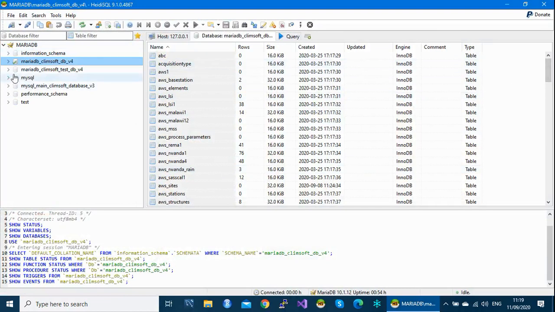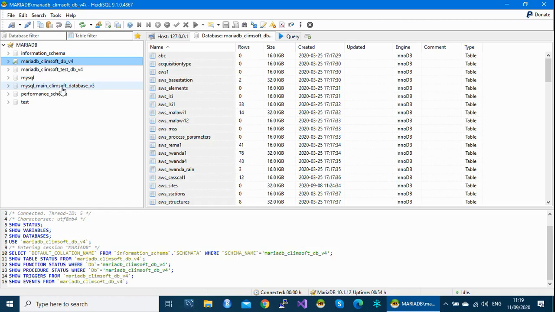As you can see here, I've got this database selected, which is MariaDB CleanSoft DB version 4. This is my operational database. The second one is my test database. The third one is a default one that comes with the software.